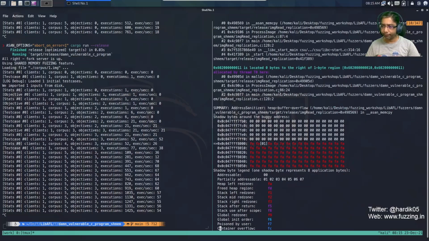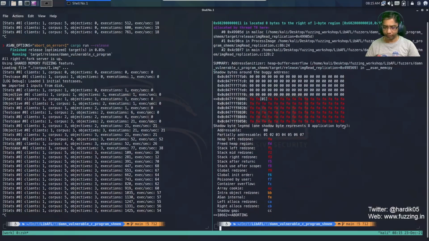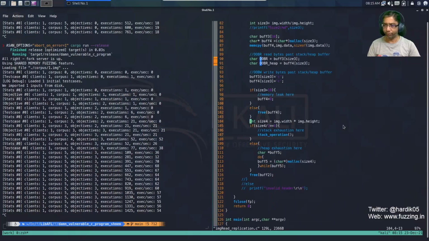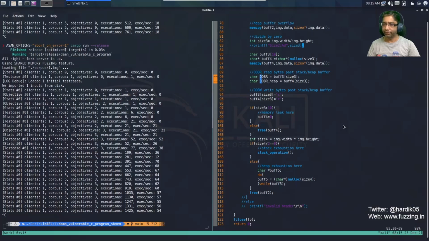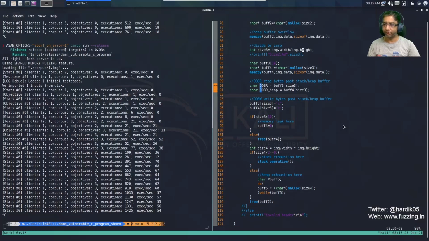So let us see our program and go to line 87. Okay, over here. So here is a memcpy call. It is trying to copy img.data to buffer 4, and buffer 4 has been allocated using a malloc call, and it is of size 3, and size 3 has been calculated, as you can see over here, by dividing image width by image height.